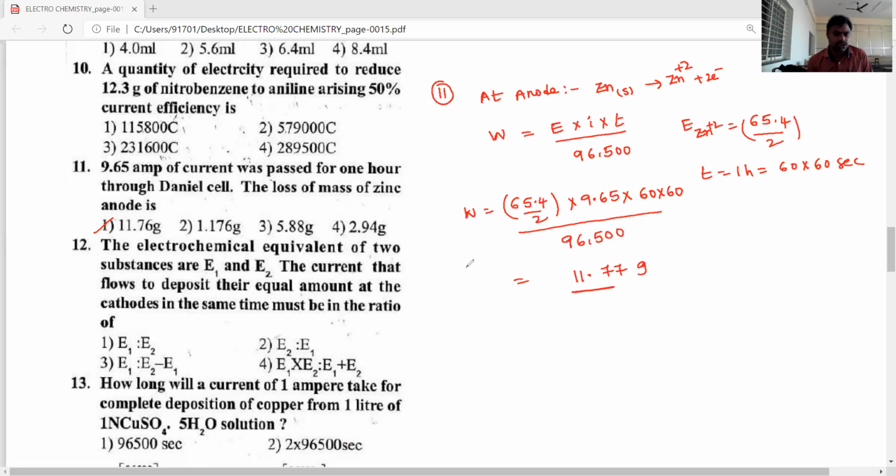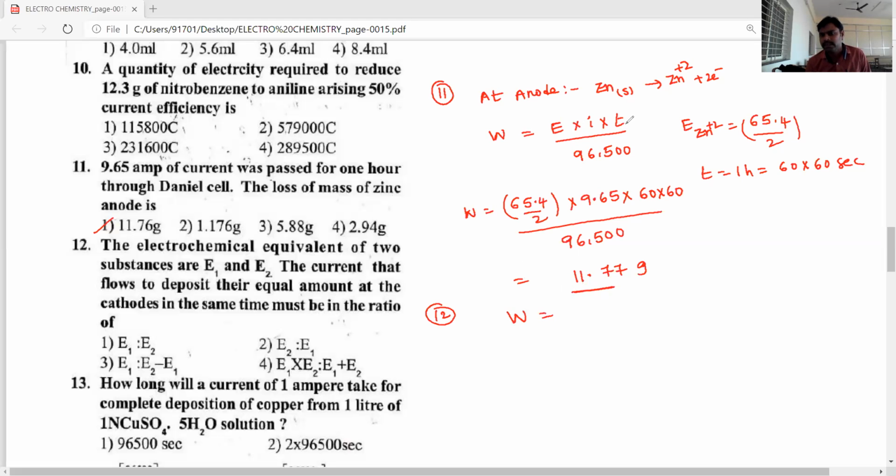Okay, let's see the 12th question. The electrochemical equivalents of two substances are E1 and E2. The currents that flow to deposit equal amounts at the cathode must be in what ratio? Because according to Faraday's second law, the weight deposited,